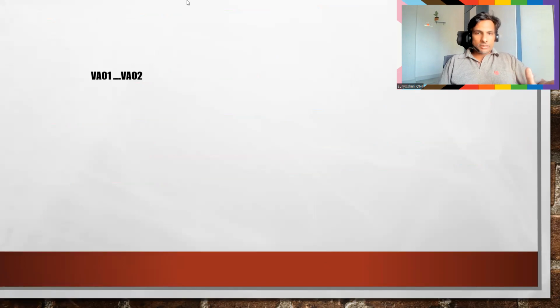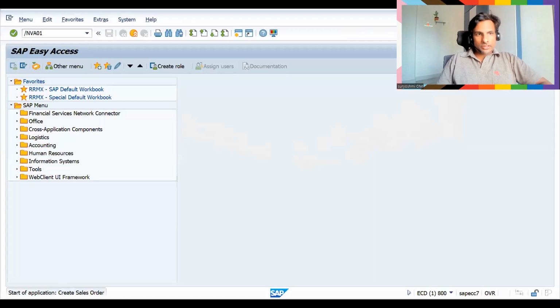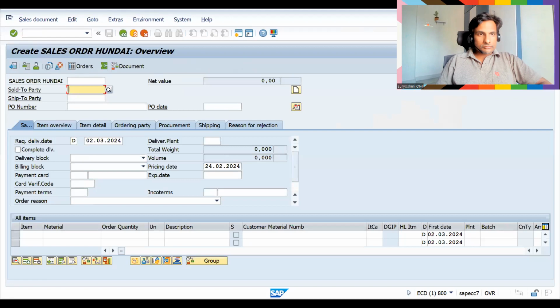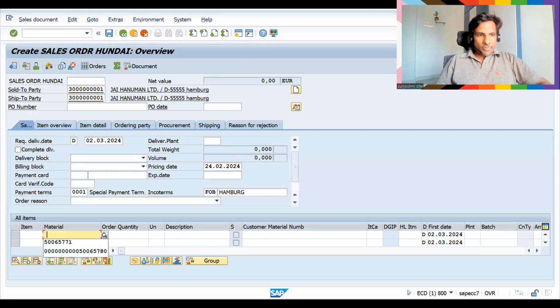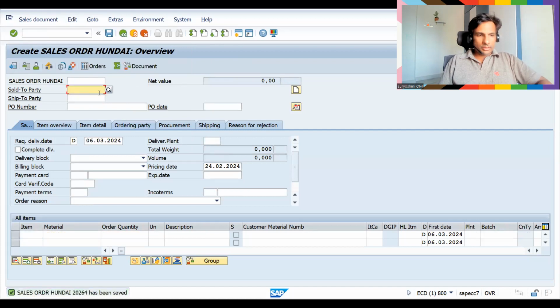Okay, let's come back to the SAP screen. Let's create a sales order now. So let's take 5 pieces. Check edit incomplete log and save it. Okay, so now you have created a sales order. Now let's go